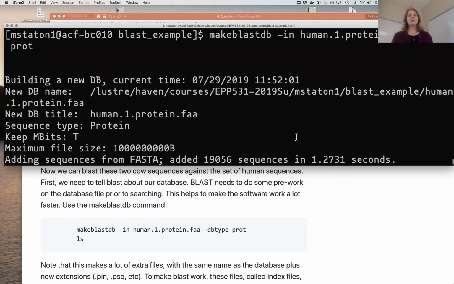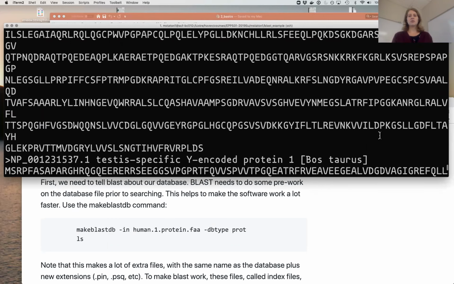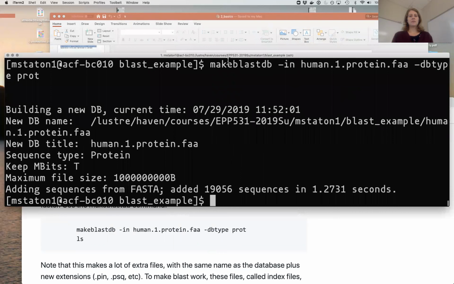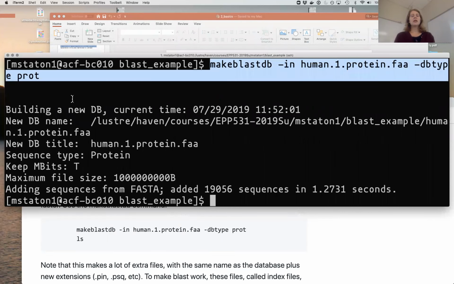Make BLASTdb is going to give us some information. For those of you still writing the command, here's the command. It says, okay, I'm building a new database, gives me the current time, adding sequences from FASTA, added sequences. So this lets you know that it's completed because it tells you it added all the sequences and